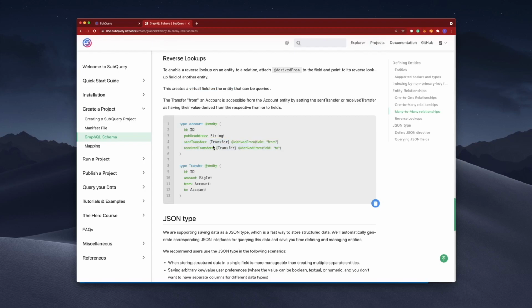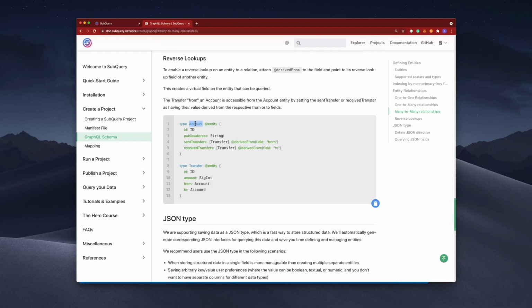What this means is that in the example you see here, the transfer from field can be made available in my account entity object. Here it's called sentTransfer and it's linked directly to the from field. Now the advantage of this is that I can access information such as transfer.from within another object or entity, in this case, the account entity.